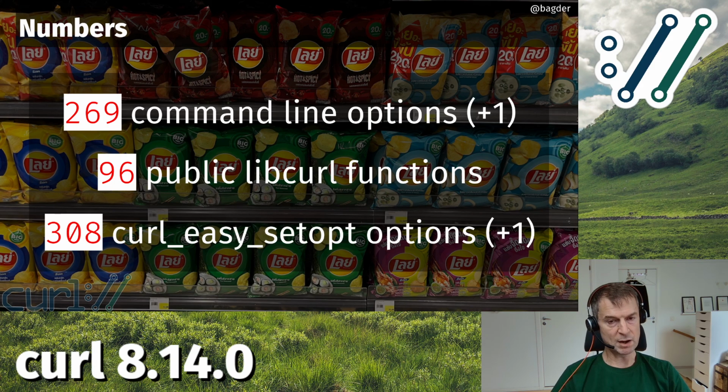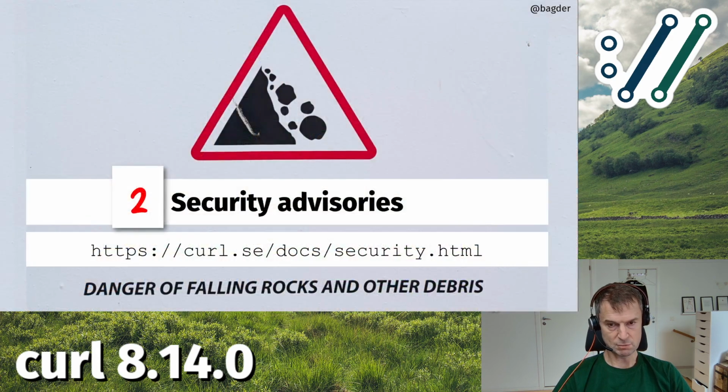And we have one more curl easy setup options than previous releases, 308 of them. These are numbers that keep being increased over time, slowly and gradually, because we don't remove the old ones, right? Because we keep the ABIs, and we don't break users in the tool.